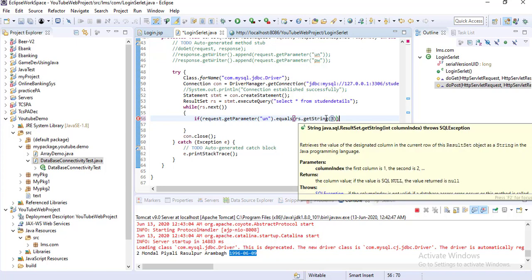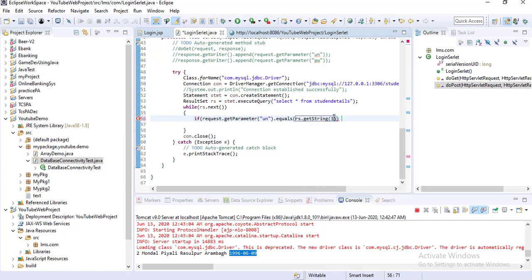So if this one request.getParameter, and I will check the next one.